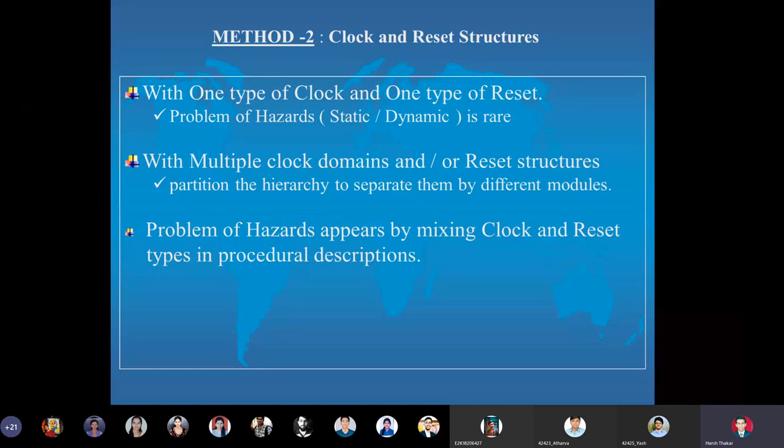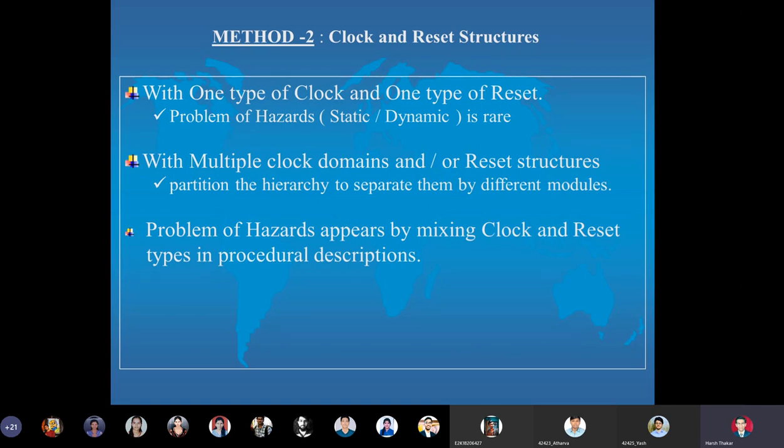So I do not know how many of you have studied, or whether it was there in the yesteryears, this concept of hazards. Have you studied this concept of hazards in second year? I guess in second year you should have studied hazards. Yes? No, sir, it was not there. It was not there. So hazards is a very important concept which has to be taken care of, especially by digital designers.